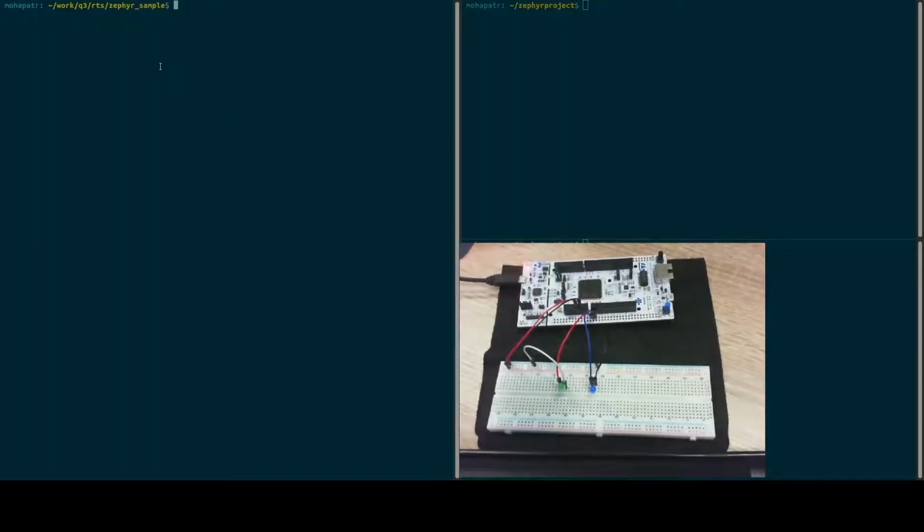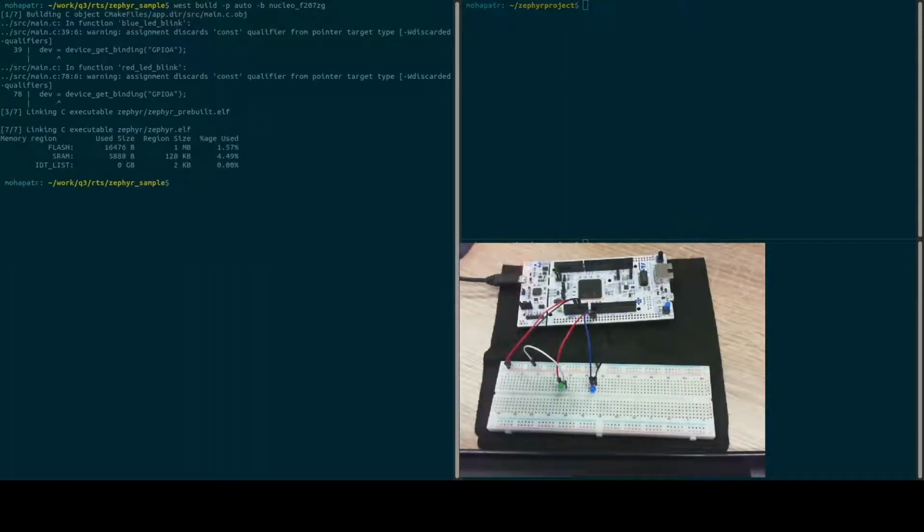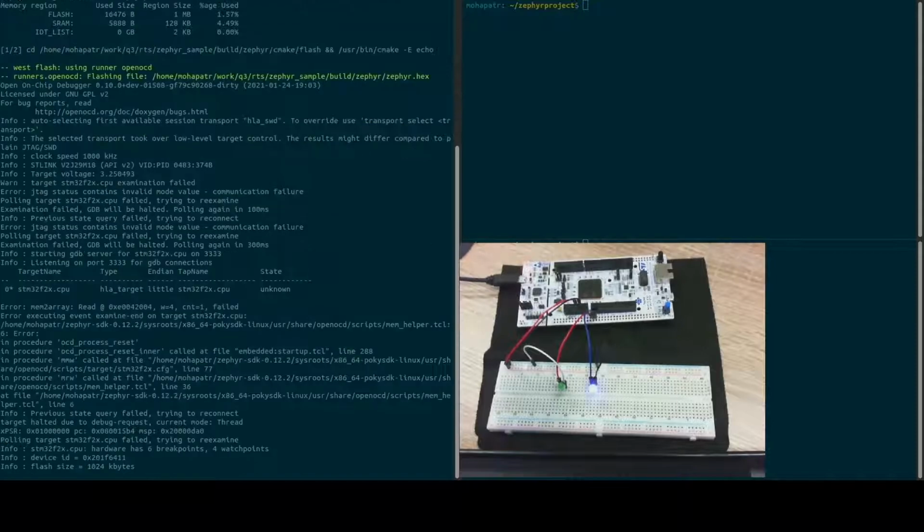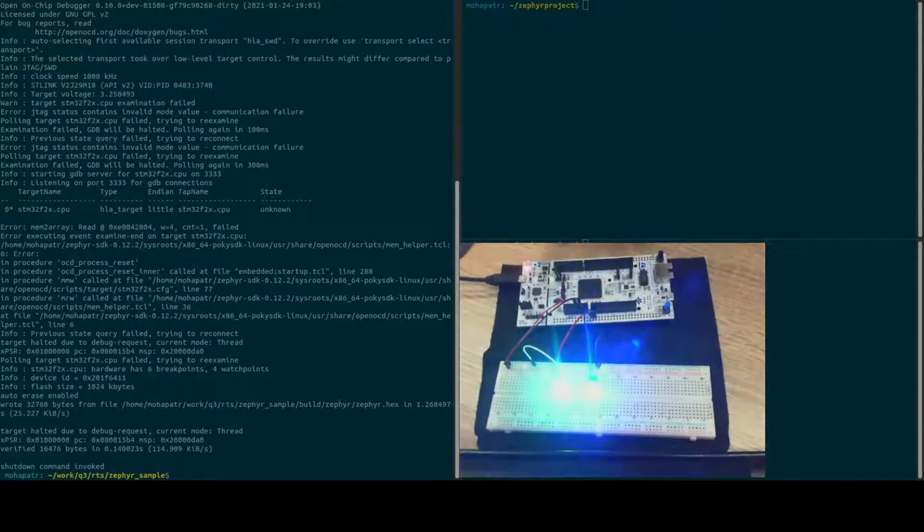To build the code, we have a very simple wrapper specified by Zephyr known as West. So we give west build, and then we give the board name. Then that will build the code. If you see, the code is now built. For flashing, it is even simpler. The same west command, and then we can simply give west flash. Now the flashing is ongoing in the board and our program is online.